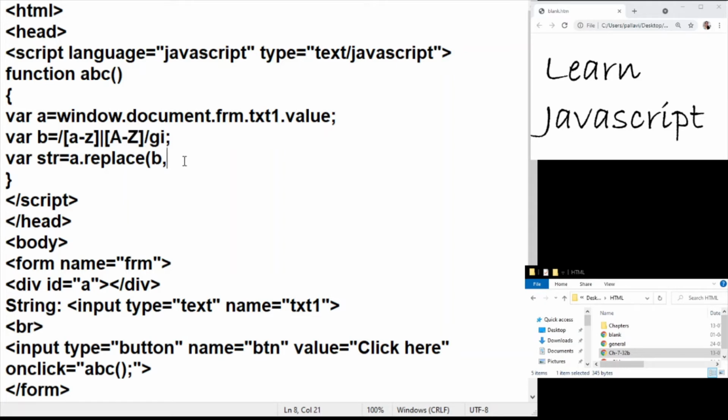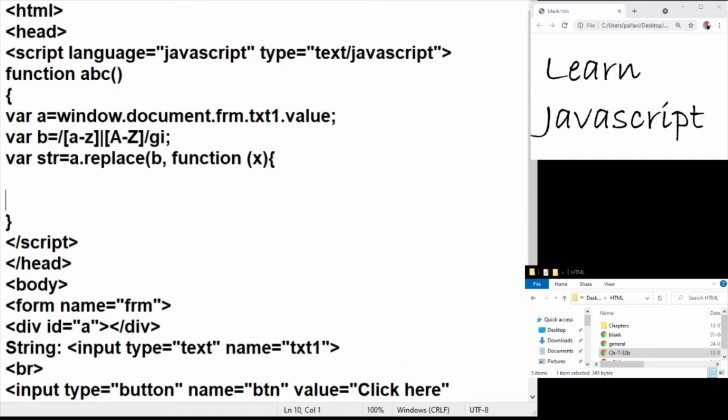So you can actually go ahead and use that character. Here I'm going to use a function. It's an unnamed function. Let us call the parameter x, the character which has been located for replacement. So here I'm going to create an unnamed function. That's the closing of the function and that's the closing of the replace.